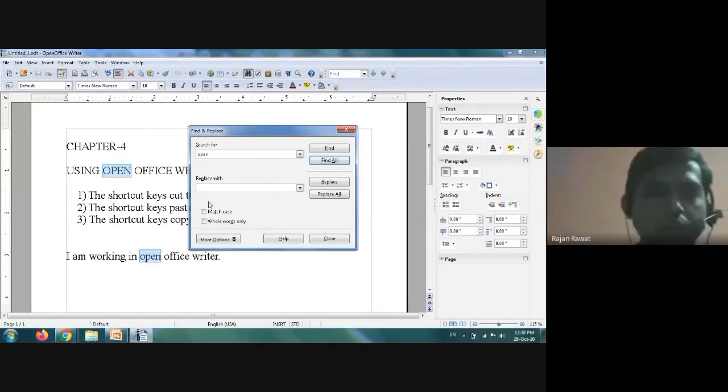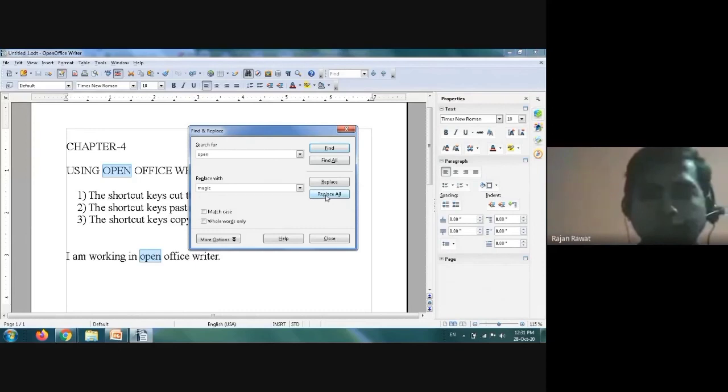Now I will write the word by which it will be replaced. So in the replace with section I write magic. I've written magic, and then you have to click replace all. As you click replace all, automatically wherever open is written, it will be replaced with magic.